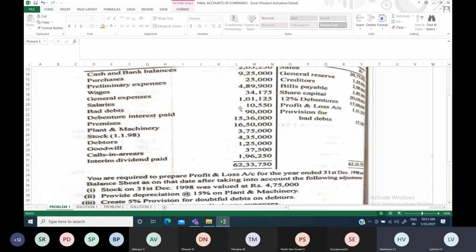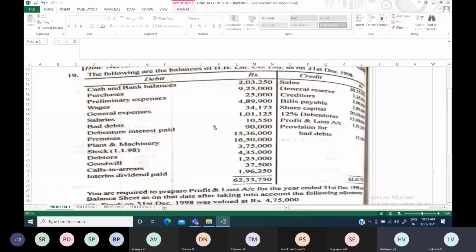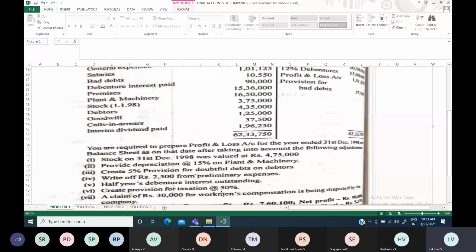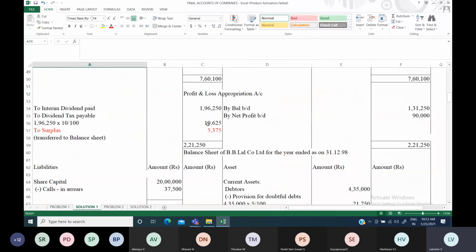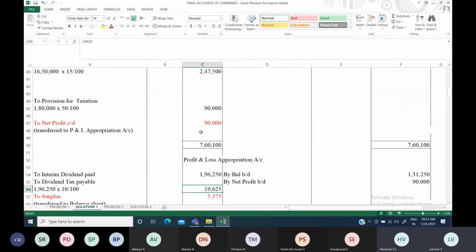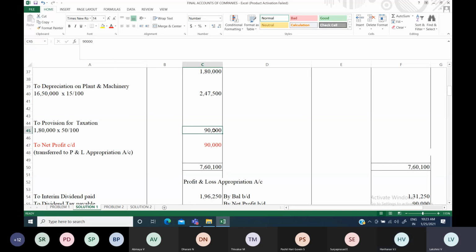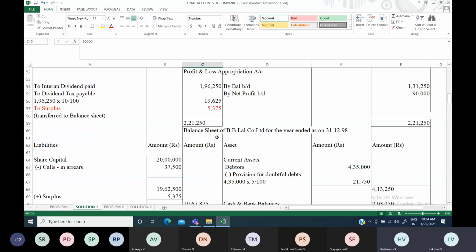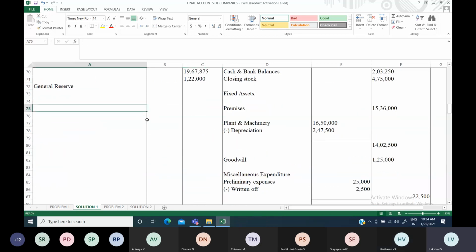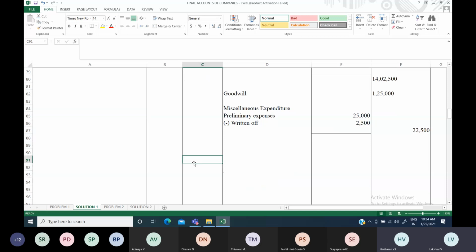And then tax payable will come. Okay, income tax provision we found out, that tax will be coming. And then dividend tax also will be coming. Dividend tax we found out, 19,625. And the taxation provision we created, here we found out, see, this dividend tax will be coming. And then provision for taxation, that 90,000, that also will be coming, tax payable. So all these things you have to put under current liabilities and just find out whether you are getting 41,77,500 or not. Okay.